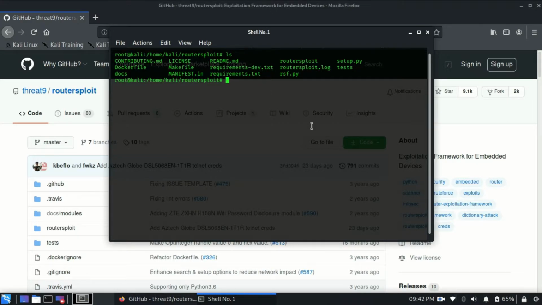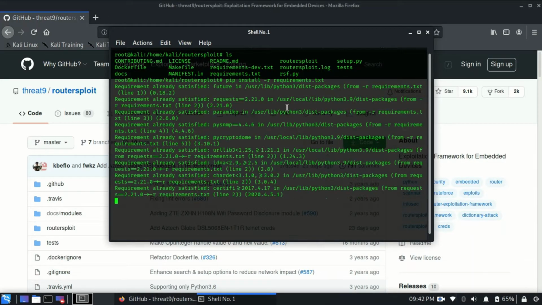For that we will type pip install -r and then specify the name of the file, which is requirements.txt, and as soon as I hit enter, it will start installing all the modules which are necessary. In my case, all the modules are already installed, so it says requirement already satisfied.